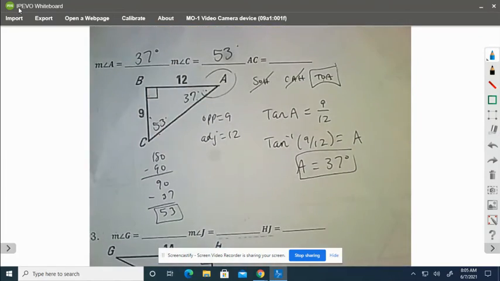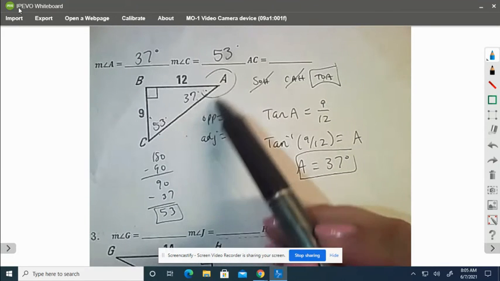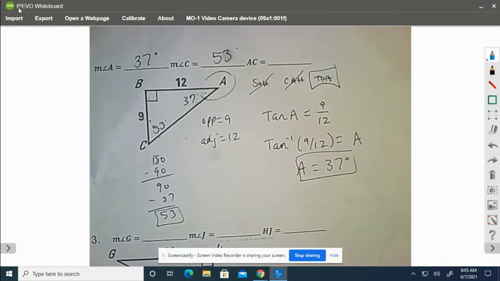The last step to solve this triangle, which once again, solving the triangle means we're finding all the angles and all the sides. So the last thing, the only side I'm missing is this one, AC. Now there's 2 ways you could do this, guys, in a problem like this. You can either find the missing side,